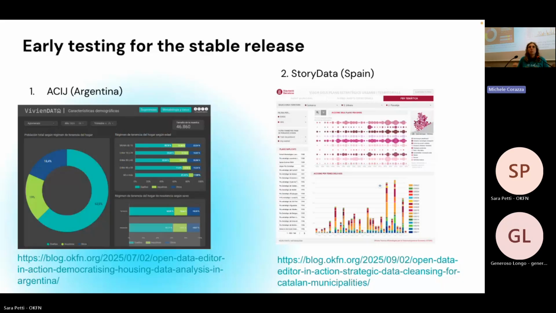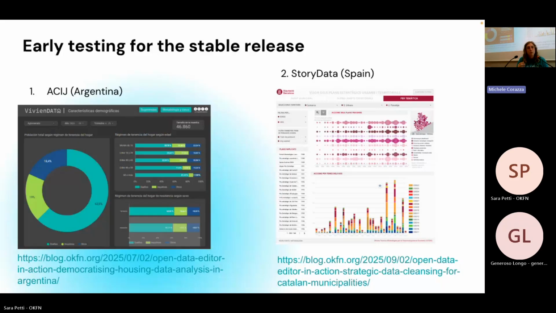Because sometimes we did a lot of user testing as well, but when you have people using something over time, that's when you can really understand there are some things that can make a lot of sense in the beginning, but then are not really useful. And on the other side, there are some things that might be a bit of a blocker, but actually at the end, when you start using it, they reveal themselves as something useful.